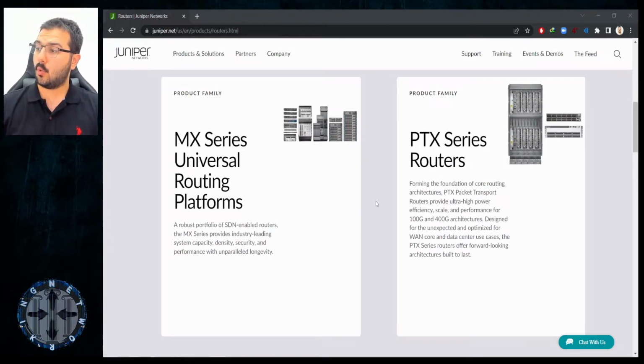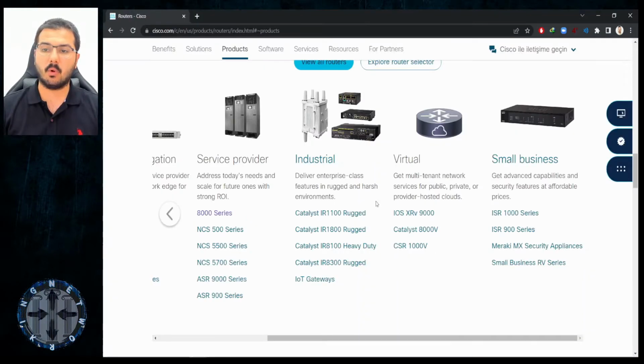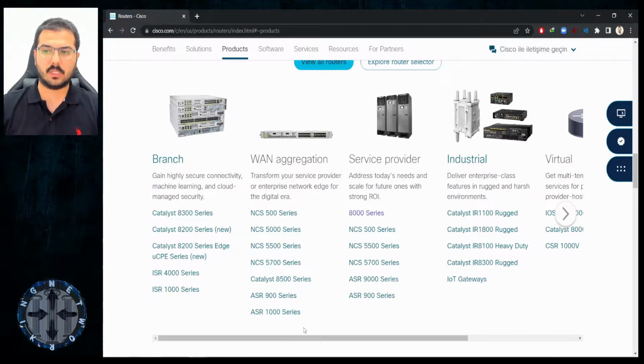Another question. What are the routers that I will see most often and deal with from Cisco, since Cisco also provides a lot? To be honest, with Cisco you will see a lot, unlike with Juniper. With Juniper, mostly MX and PTX, and the others only exceptionally. With Cisco, no. With Cisco, you can see the Catalyst 8000. You can see an ISR 1000, an ISR 4000, an ASR 1000, an ASR 9000. It's fine to see all of them in the same environment, in the same region. All of them are famous.